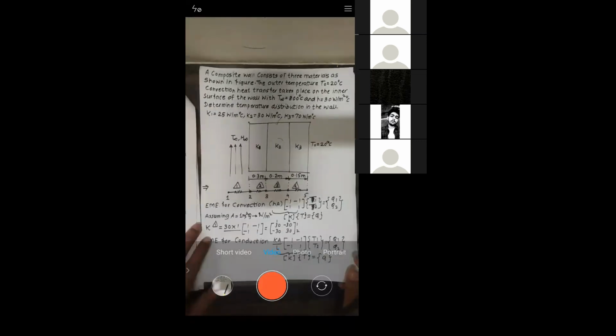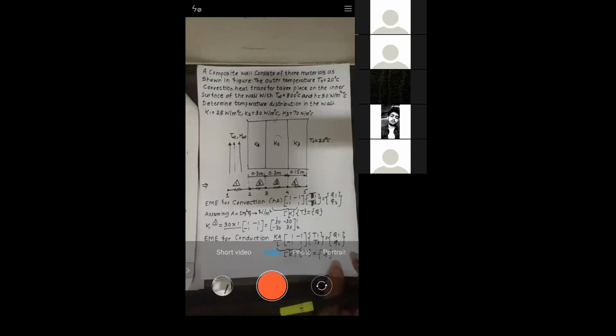Okay, so see, these are the two problems which we have taken. One problem we have taken based on the structural field, and this problem we have taken based on the thermal field. Is it okay? Okay. So that is about the structural field, and this thermal field is now over, right?